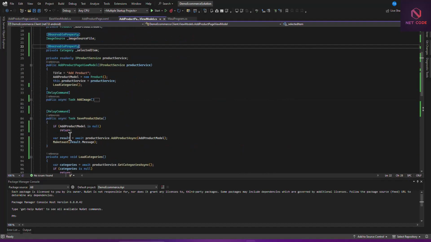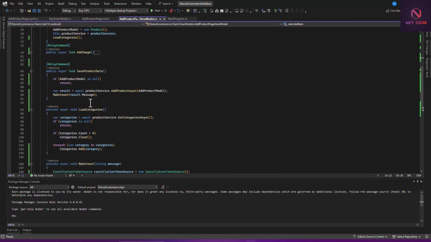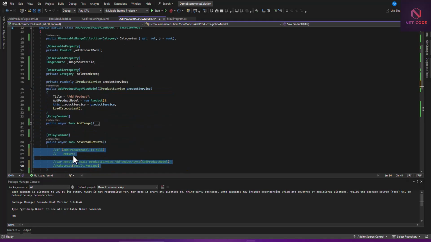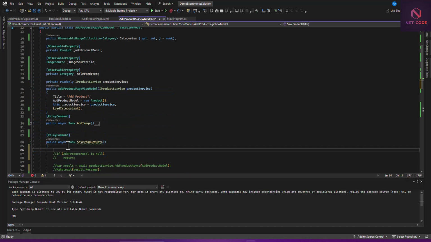So maybe when we click on this save button, let's comment this first. And now let's check if this selected item is not equal to null. Then we want to display the value and see. So we can say if selected item